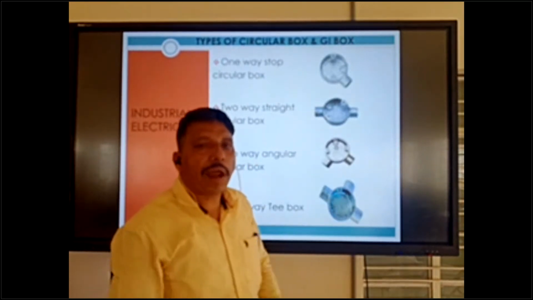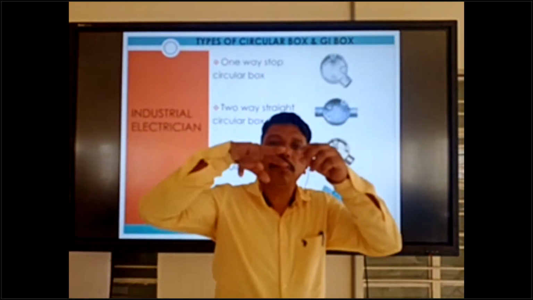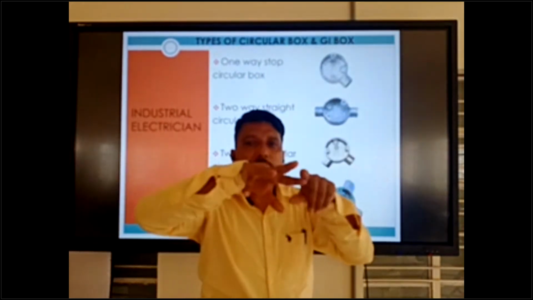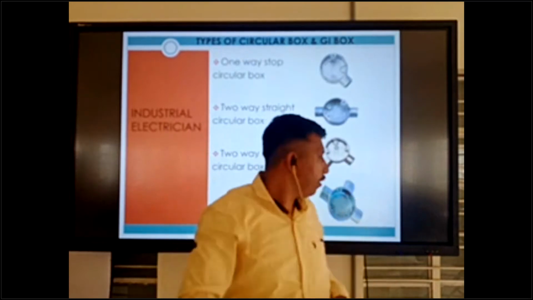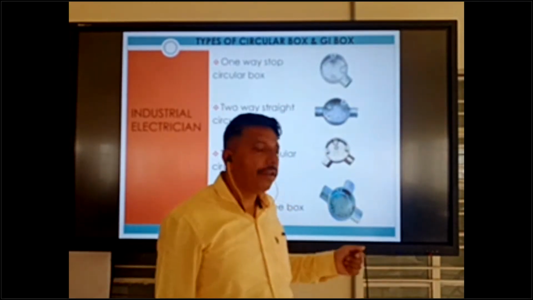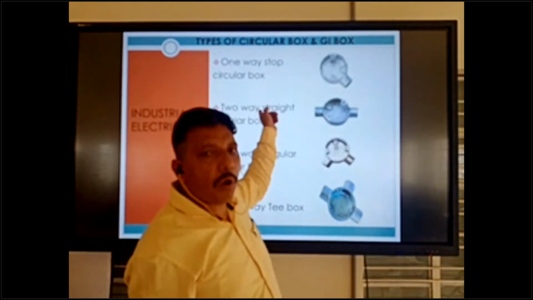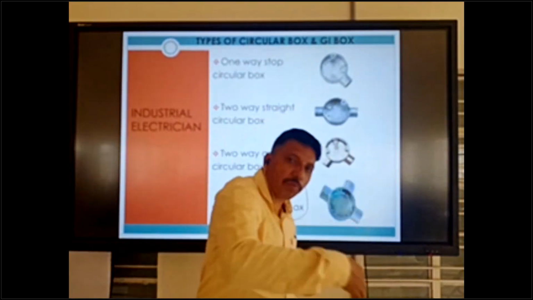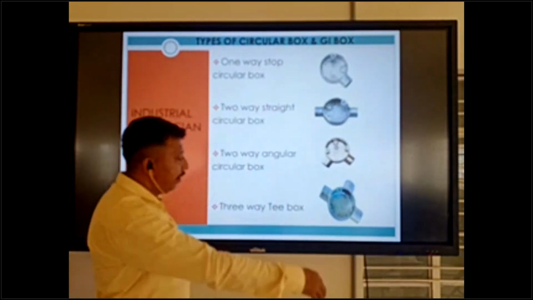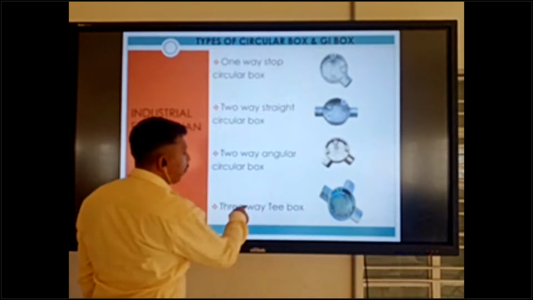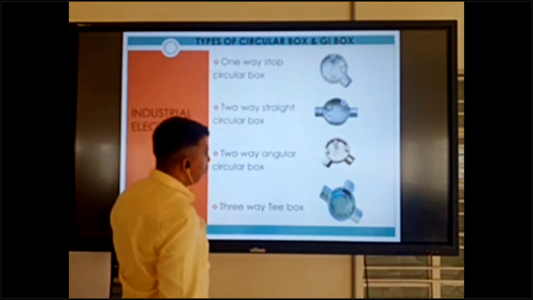This means you can divide your electrical circuit three-way: direct coming from the DB one way, another going to the next point, and the next one going to drop to the switch. That time we can use a T box. This name is three-way or T box.